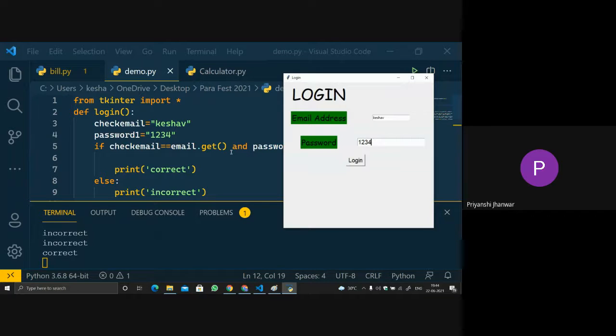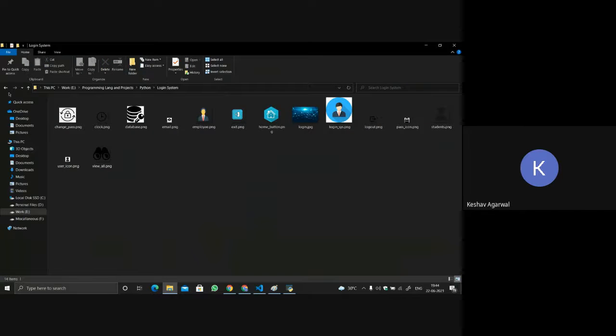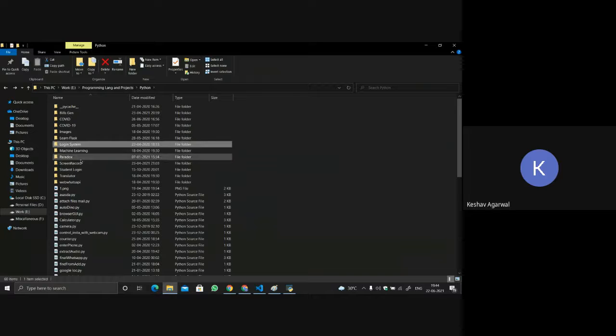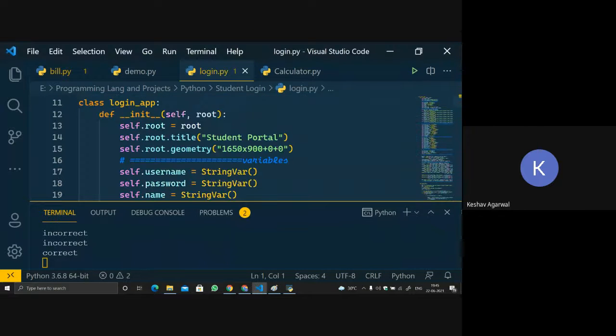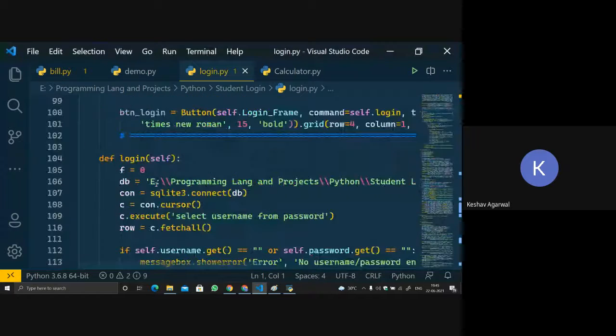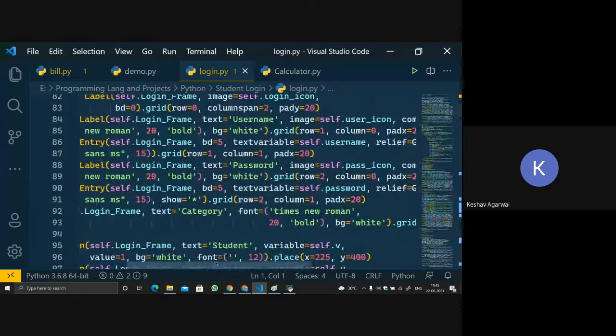Keshav, I have a question. Yes. For example, if we type a password like in other apps, it is not shown like 1234. It's shown like star star star. Correct. Just 1 minute. For that, you have to replace it with this variable.